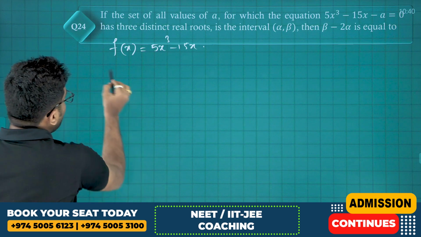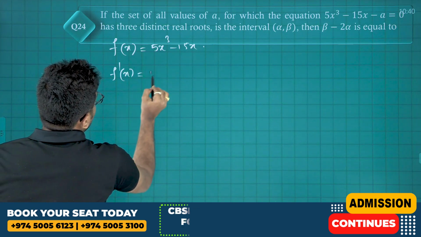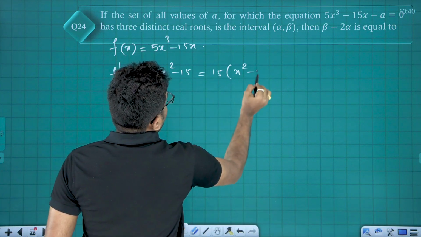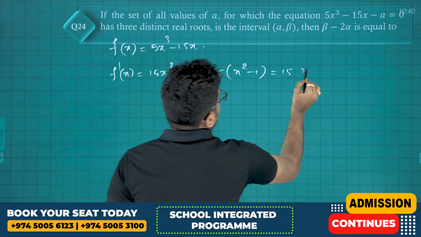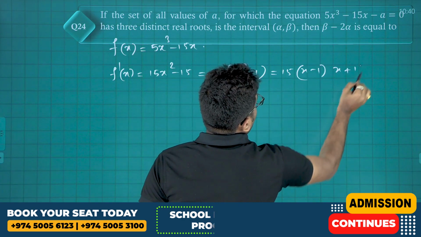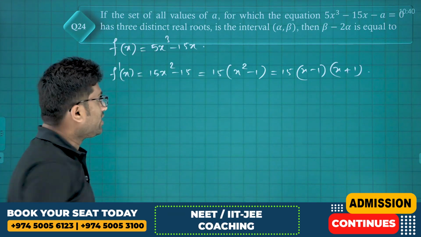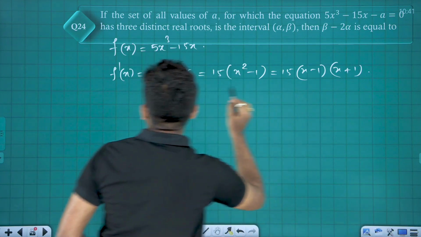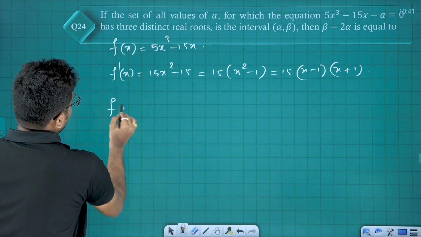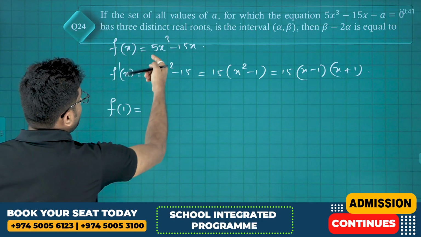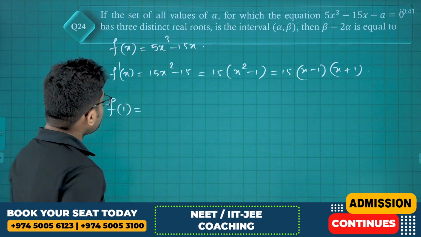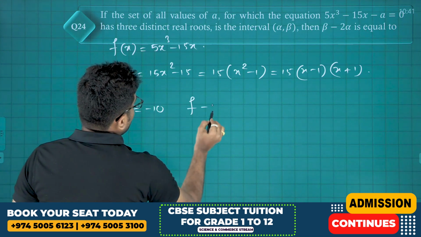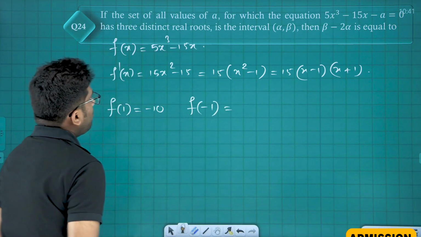Now what is f dash x? f dash x is equal to 5 threes are 15x square minus 15. So 15 times x square minus 1, that is nothing but 15 into x minus 1 into x plus 1. Correct? Now if you understand the graph of this function, friends, what is f of 1? f of 1 is 5 minus 15, that is minus 10, and f of minus 1